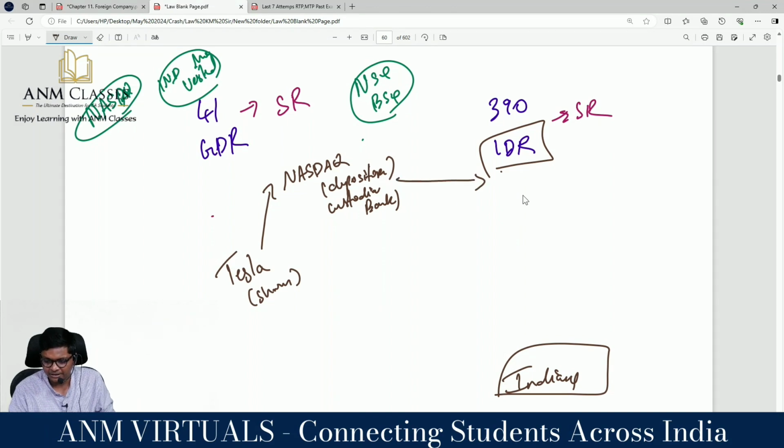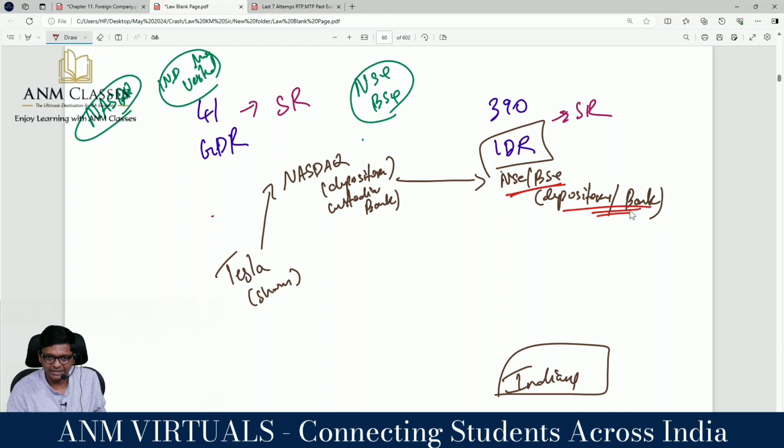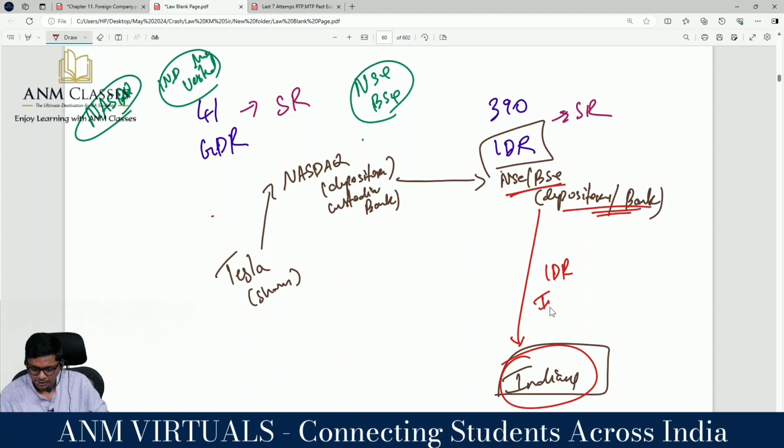Nasdaq will transfer that to Indian NSE or BSE through the help of a depository or something called a custodian bank. I'm just trying to keep it simple. It's a big chain. Now, this Indian NSE or depository custodian bank will issue IDRs to Indians, which is called